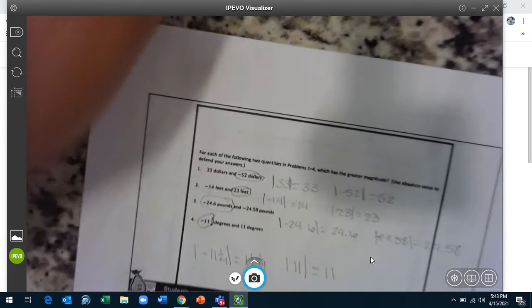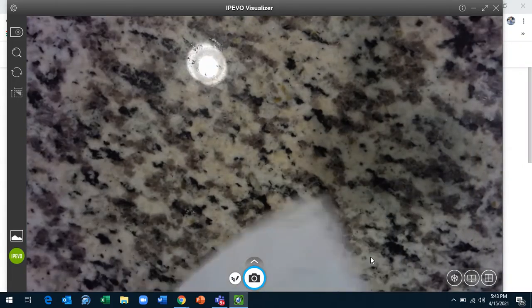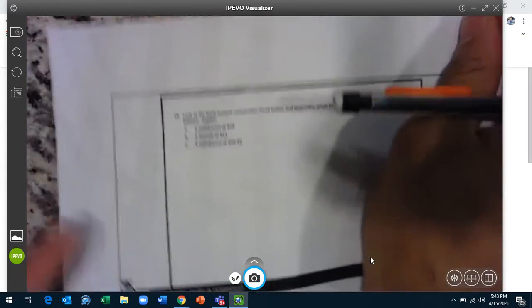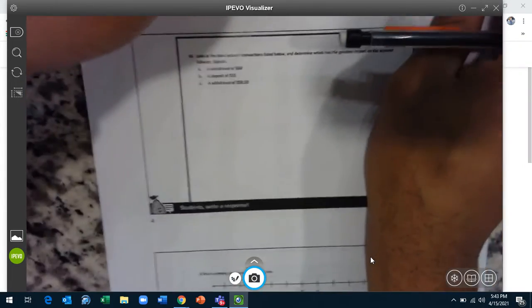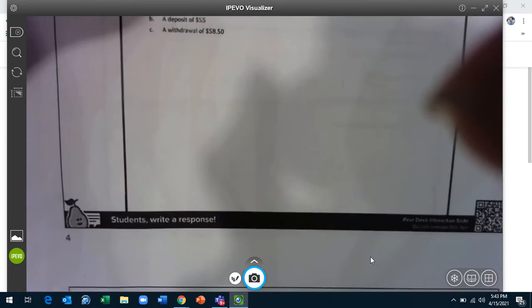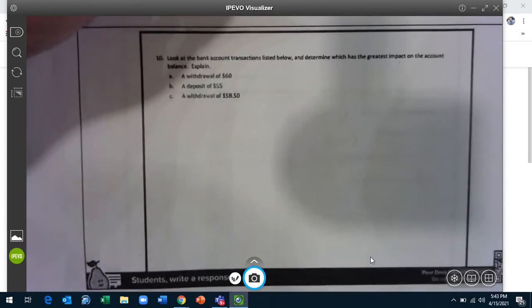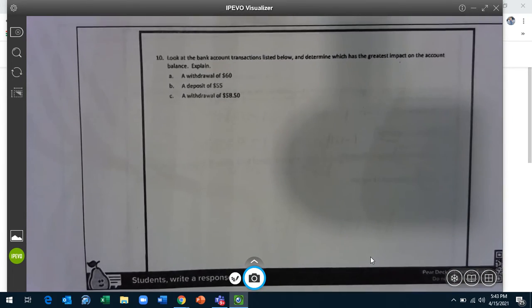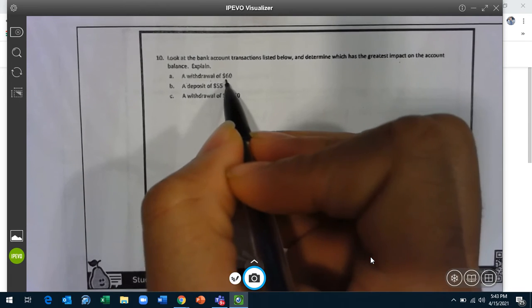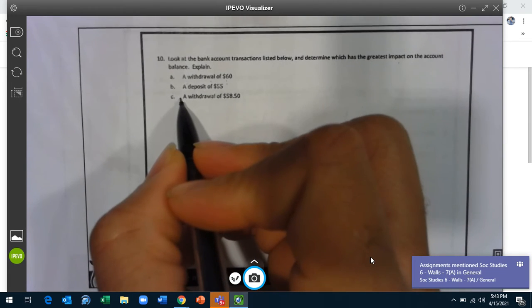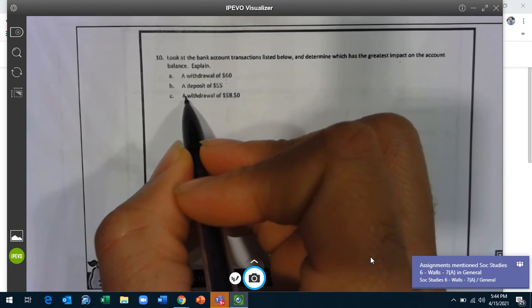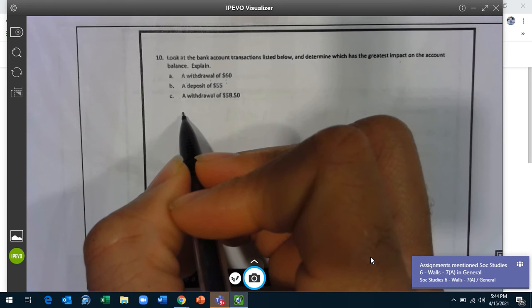All right, let's look at number 3. Look at the bank account transactions listed below. Determine which one has the greatest impact on the account balance and explain. So we look at A, it says a withdrawal of $60. We look at B, a deposit of $55. And then if we look at C, a withdrawal of